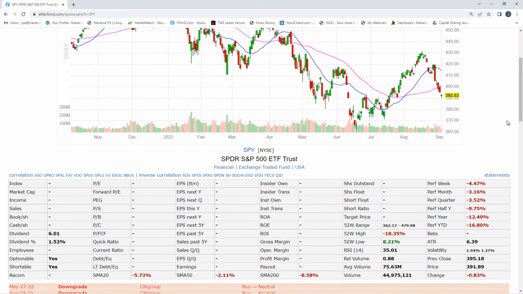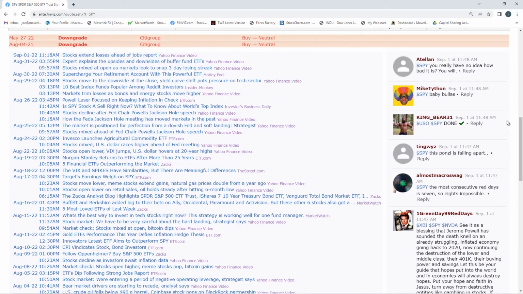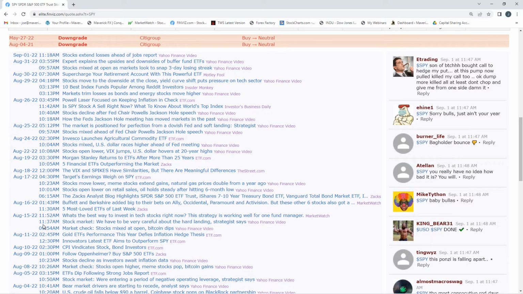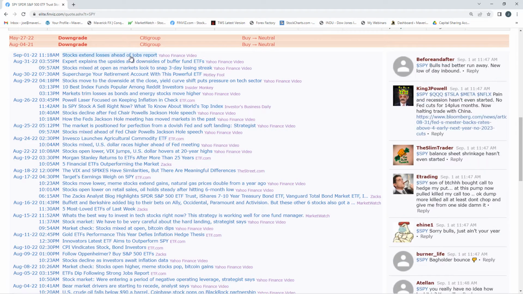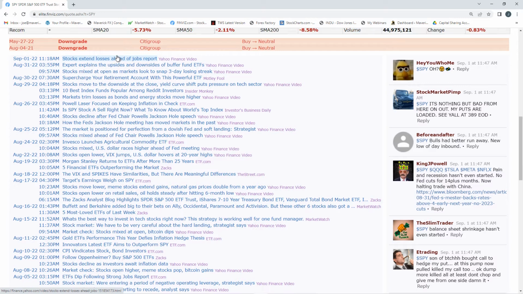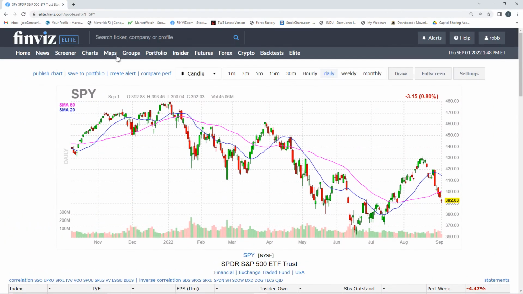But scrolling down a little bit, we've got all sorts of cool news feeds. And this is really neat. It's going to be relevant to the ticker symbol that you have. The SPY is pretty vague because it is an ETF. So let's do something more specific back on